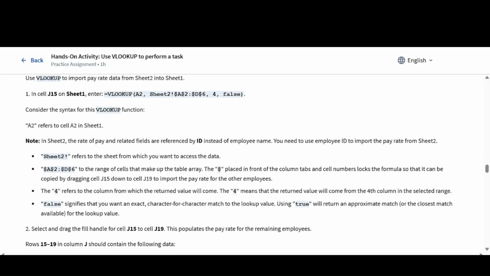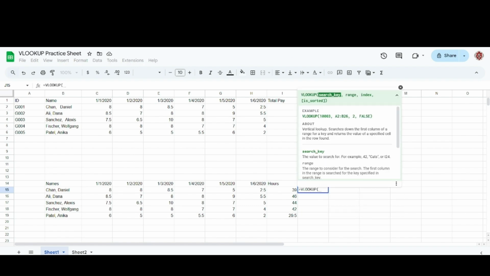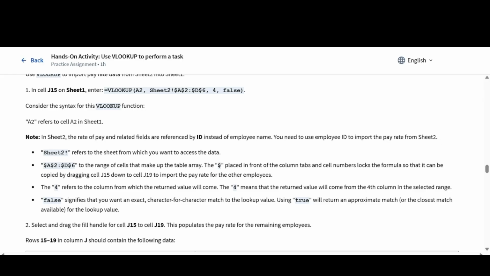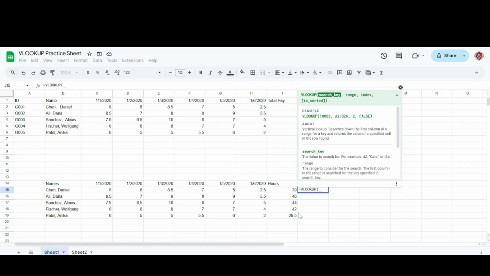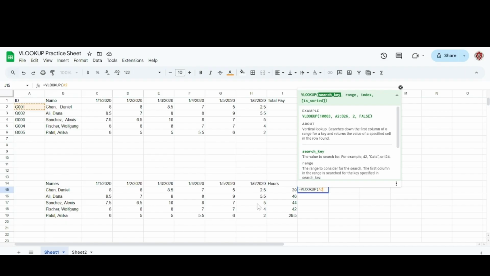So in J15 on sheet 1, we're going to enter VLOOKUP A2 and J15, right? So in sheet 1, we're going to go to J15, and looks like we're going to do VLOOKUP, and what was it? Consider the syntax of lookup. A2 refers to cell A2 in sheet 1. Okay, let's look at it. Yeah, A2. So it looks like that's employee ID. That's gonna be our search key. So A2. So comma and